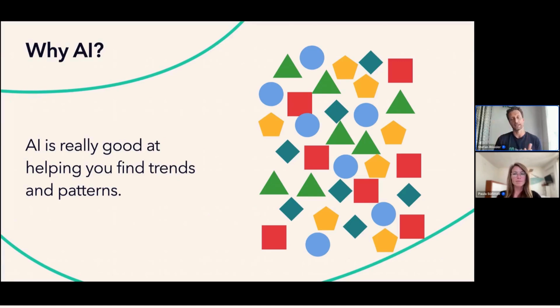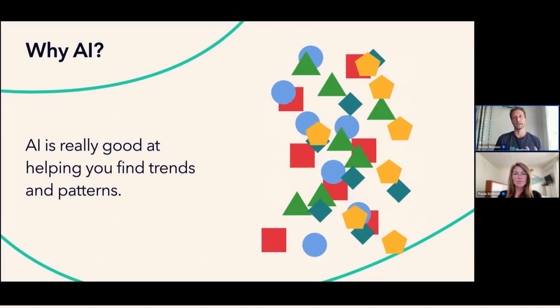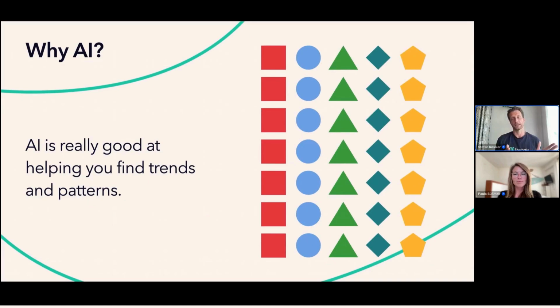But once there are some, let's say, transcripts or whatever, and there's some information, AI is really, really good at looking at all this mess and finding trends and patterns there, and organizing things in a way that makes so much sense to us humans. And that's the thing where AI is just instant. It just does it. Before that, you either do it yourself and it takes you hours, days, maybe weeks, or maybe you're lucky and you have someone helping you with this. Maybe you have an intern who can do all these sorts of things.